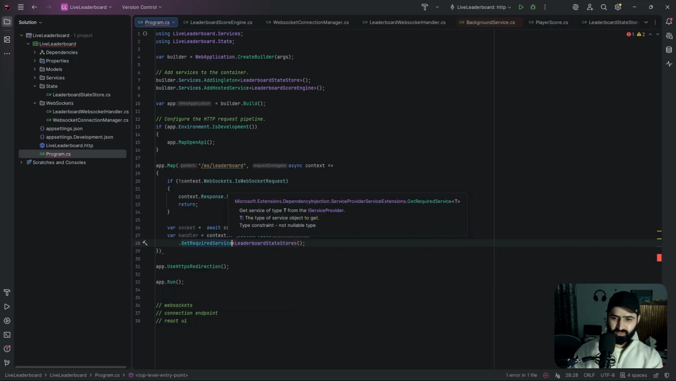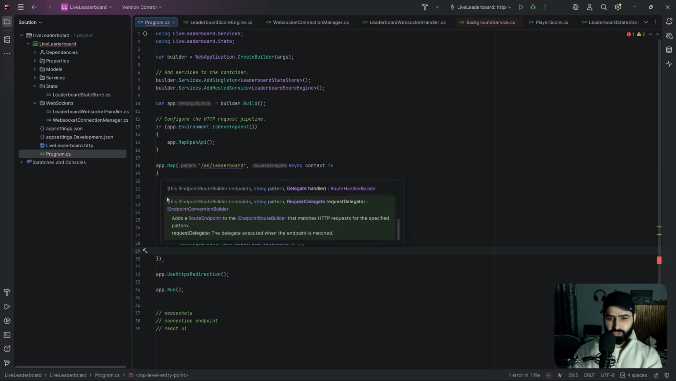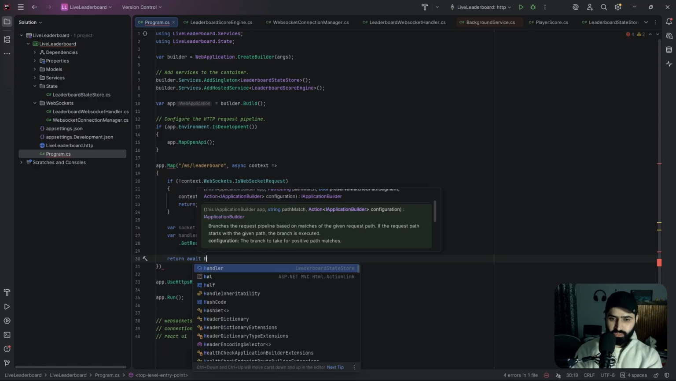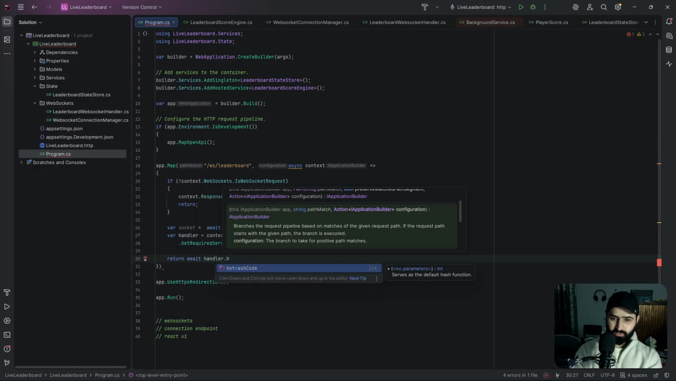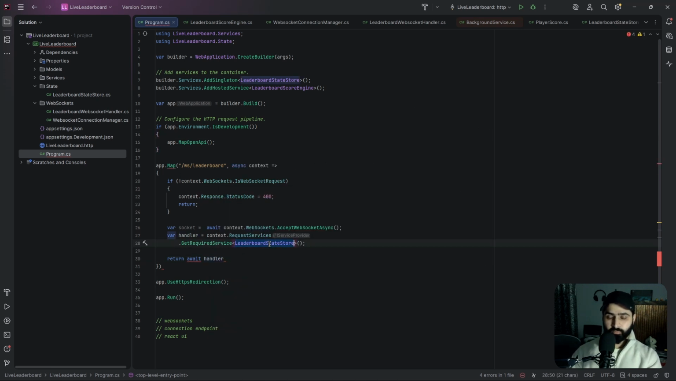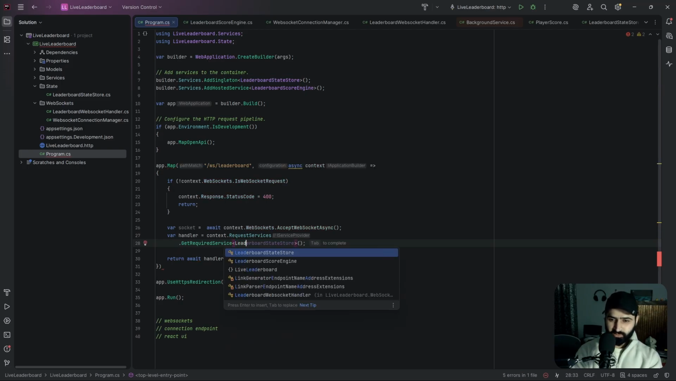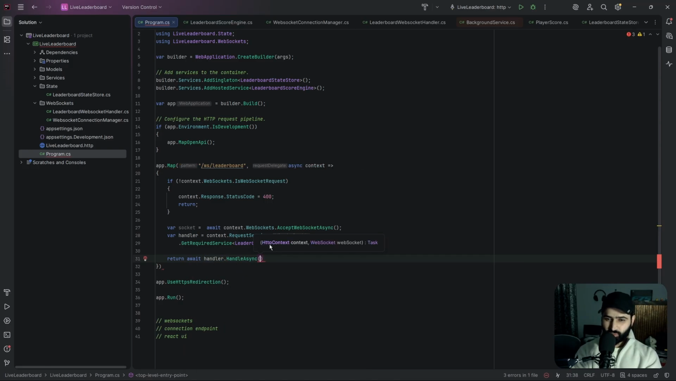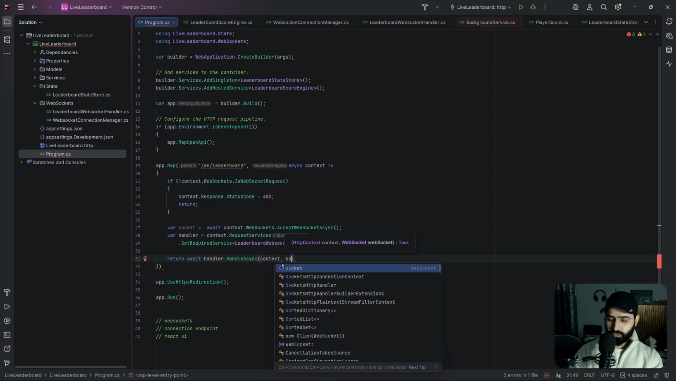ठीक है। और ये गेट सर्विस नहीं चाहिए मुझे, मेरे पास यहाँ पे होता है एक गेट रिक्वायर्ड सर्विस, और रिक्वायर्ड सर्विस ले ली हमने यहाँ पे। अब मुझे यहाँ पे रिटर्न करना है अवेट हैंडलर डॉट, यहाँ पे हमने कौन सी सर्विस ली है, अरे स्टोर नहीं चाहिए ब्रो, हमें चाहिए यहाँ पे लीडर बोर्ड वेब सॉकेट हैंडलर चाहिए ना, क्योंकि उसके अंदर हमने एक मेथड डिफाइन किया था हैंडलर डॉट हैंडल सिंक, जो कि आपके दो पैरामीटर लेता है। पहला कंटेक्स्ट लेता है जो कि आपका HTTP कंटेक्स्ट होता है, जो कि मेरा आ रहा है, दूसरा लेता है वेब सॉकेट जो कि ये मेरी सॉकेट आ रही है।